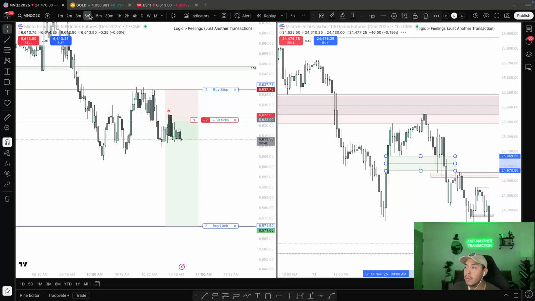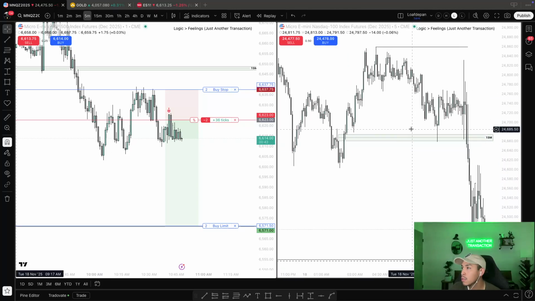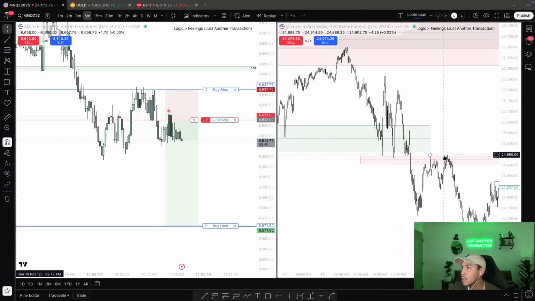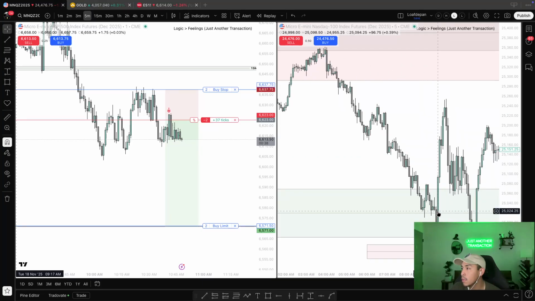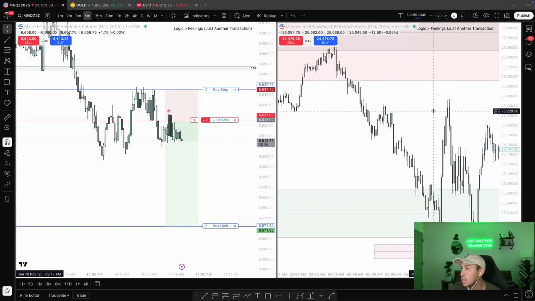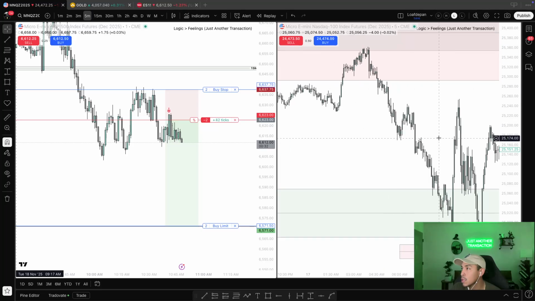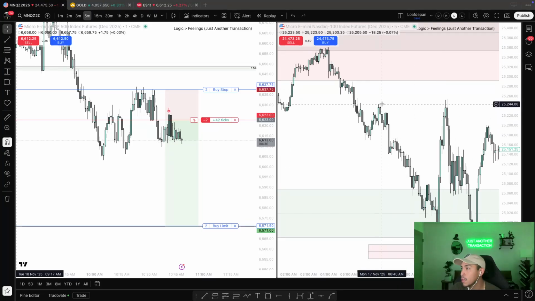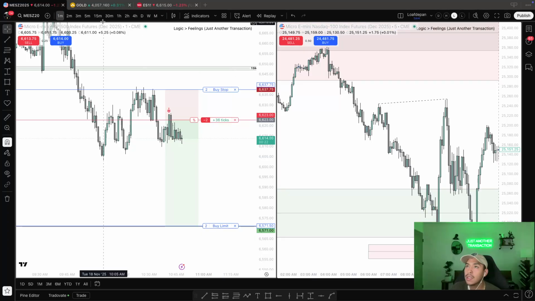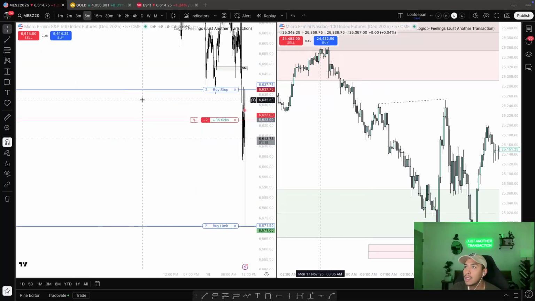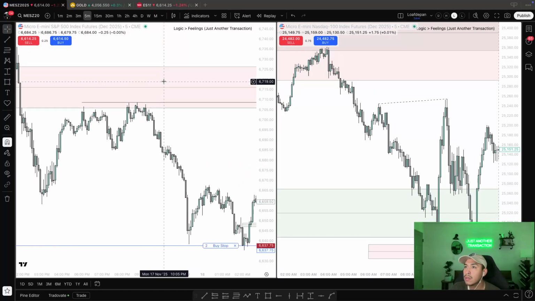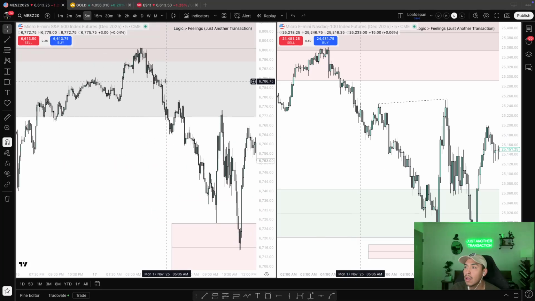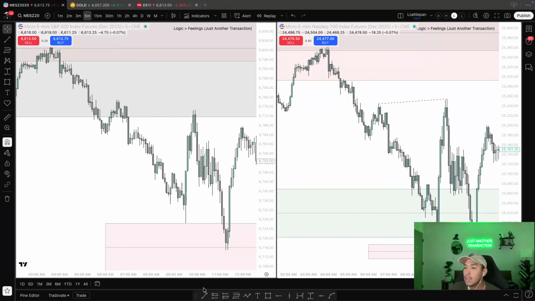If we drop down to the 5-minute, I was a little short-sighted, I'm not gonna lie, because if we look at this displacement off open, this almost makes you think we're gonna go for all this low resistance, right? But this becomes an SMT, this high with this high in ES. So ES doesn't sweep this high, but NQ does. Let's go to ES, and let's go back to this one, just go to that section of price, right there. So this high right here, notice how it's not swept with ES.